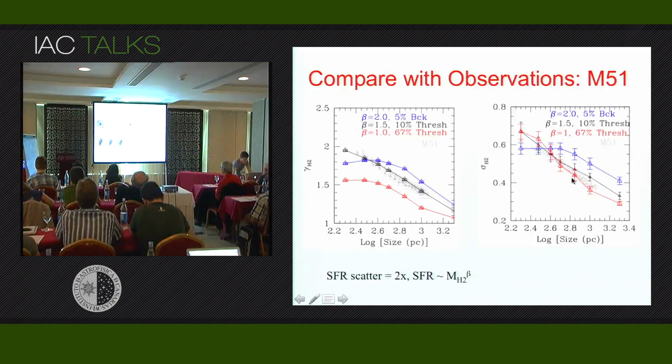So in the case of the scatter, sigma H2, which is the scatter on the data points, two of the models seem to give roughly decent results, okay? The 1.5 and the 1, while the beta equal 2.0 seems to be off. For the same models applied to recovered slopes, you can see that only the 1.5 produces a decent result. Now, what are those percentages up there? In order to get the beta equal 1.0 as close as possible to a measured slope of almost 2, what I had to do is to steepen it up.